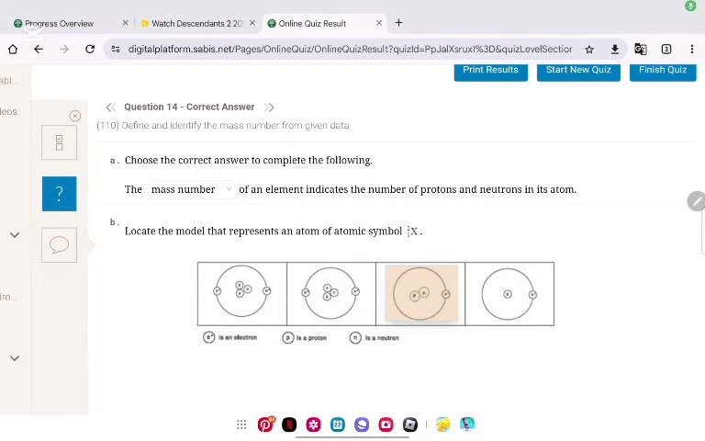Okay, for part A, like I said, this one is atomic number, this one is mass number. Mass number is the number of protons and neutrons in its atom, and atomic number is the protons. Okay, so mass number, easy. Now for part B,